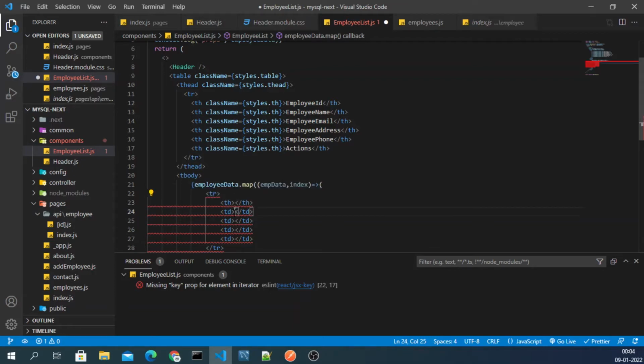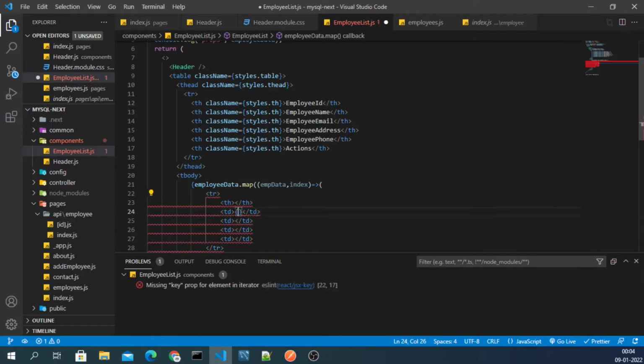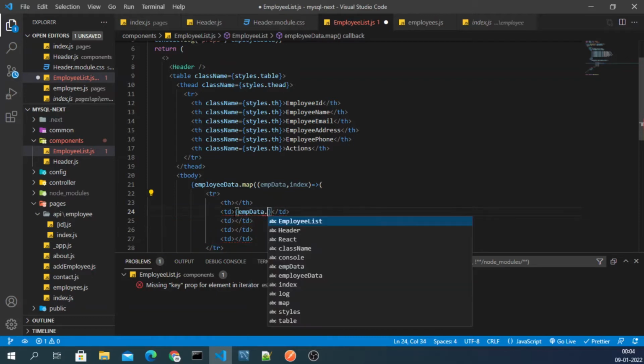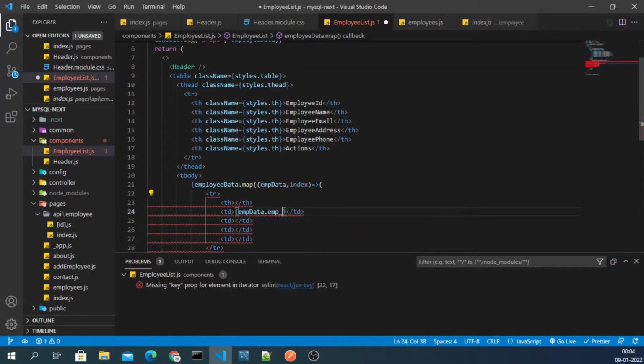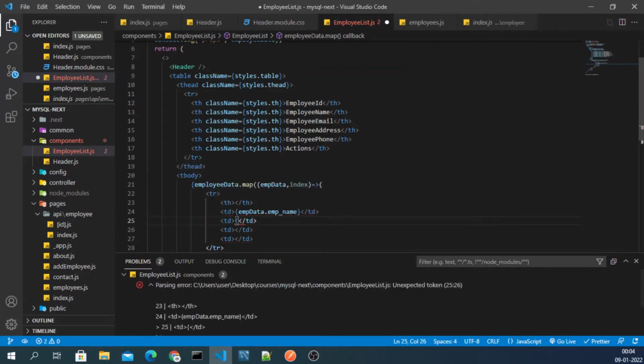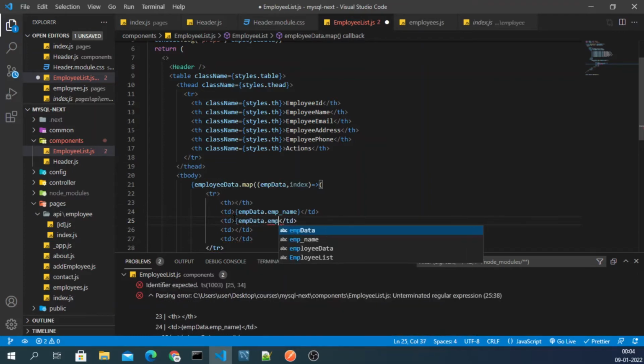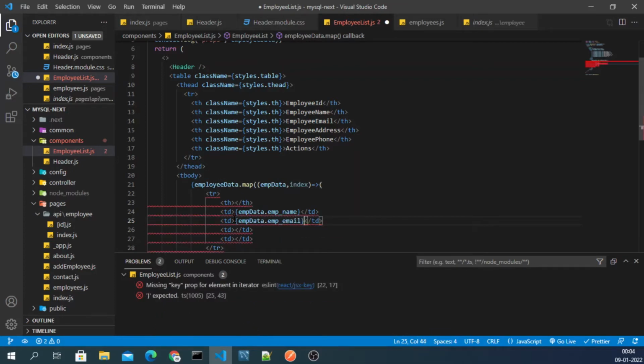here I will have first thing. Here I will put first thing, that is emp data dot emp name, right? And in next we'll have emp data dot emp email, right?